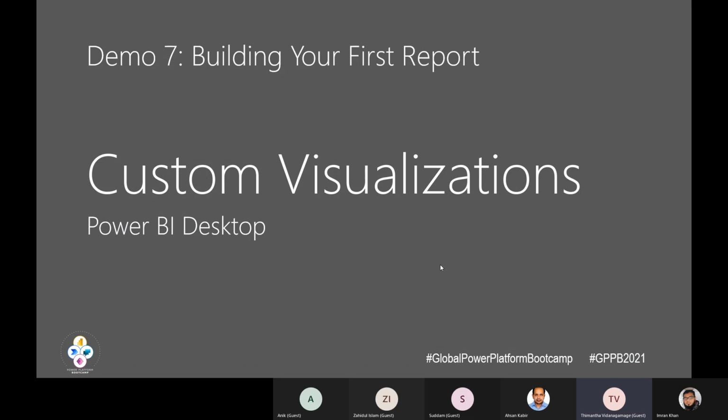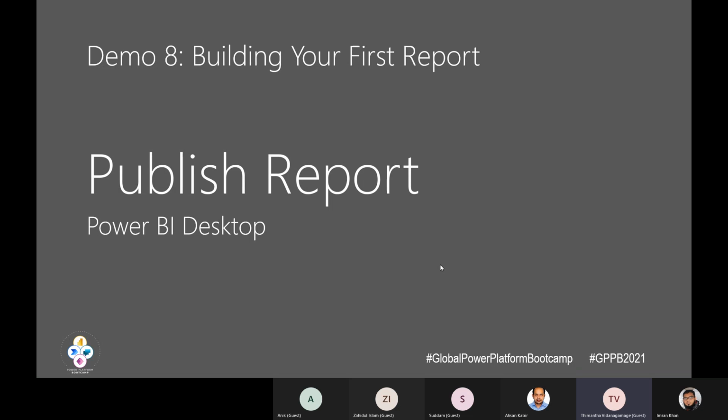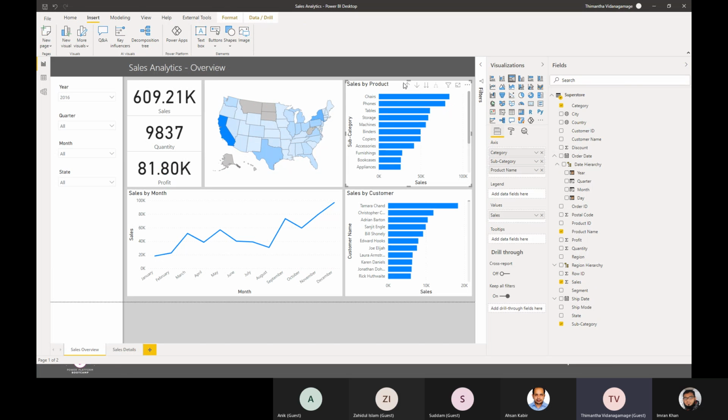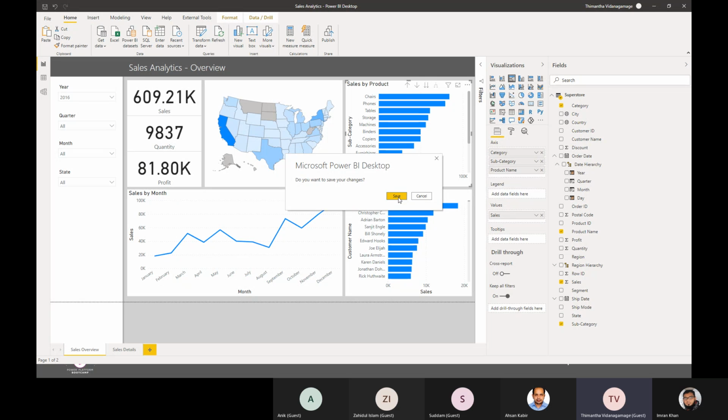So we have custom visuals there, and finally we'll be publishing this report into Power BI service as I told you previously. So what I'll be doing is maybe I'll publish the report that I already have since I don't need to save that all over again. So click on the publish option under the home tab, publish option right at the end under share. Click on that, and it asks you to save the changes, and you save it, and it would direct you to a window